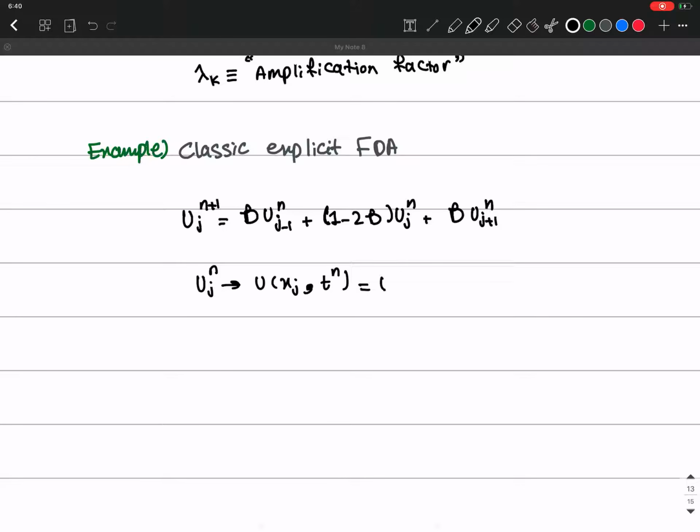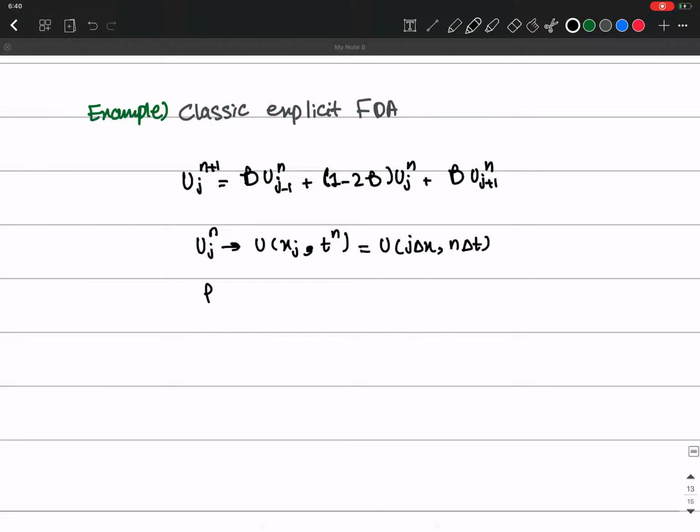Which equals u(j delta x, n delta t). And for arbitrary wave number sigma_k, this will be